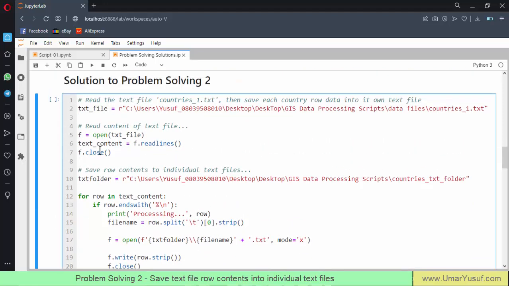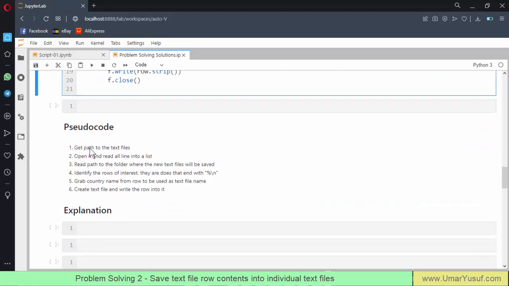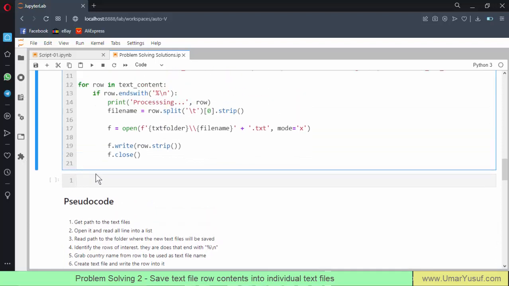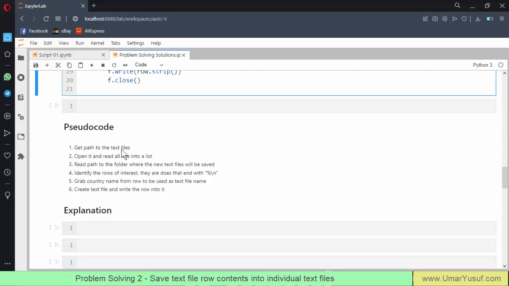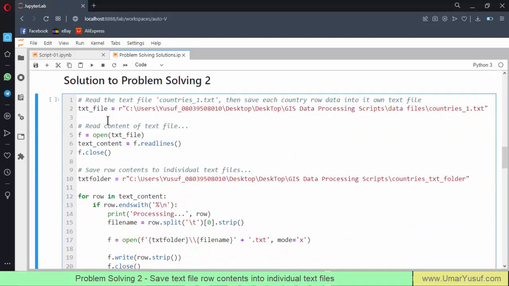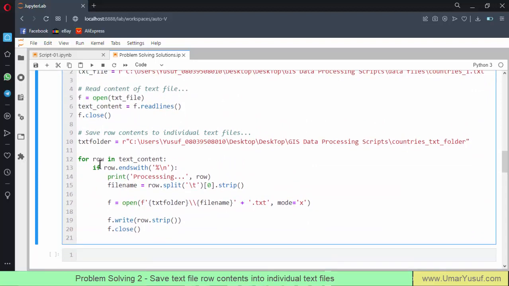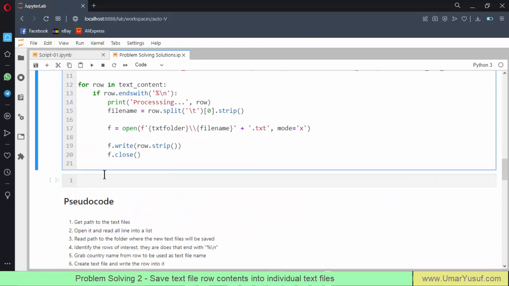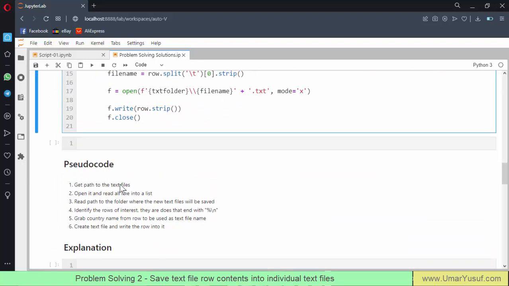So since we are using English, we write the pseudocode in English. So this is the step-by-step approach of solving the problem in pure English language that human beings understand. From here, you can now work your way through the Python programming language to solve the problem at hand. So the first thing we need to do is to